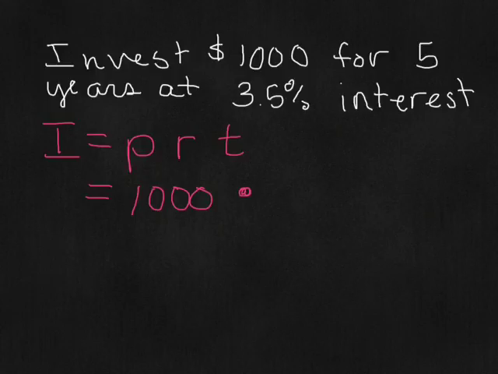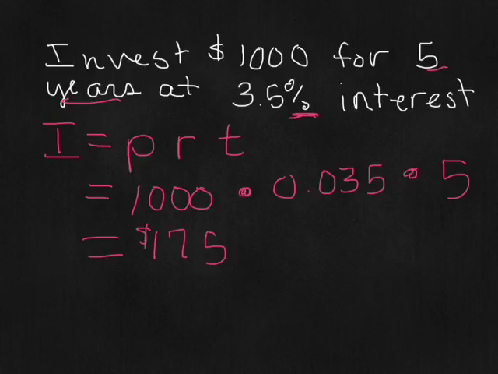Now, this percent happens to have a decimal in it, but that's not what we're talking about. It's still a percent. So we divide it by 100, and we get 35 thousandths times the time. And remember, time has to be in years, and it is in years, so we're good. We multiply by 5, and 1,000 times 35 thousandths times 5 is